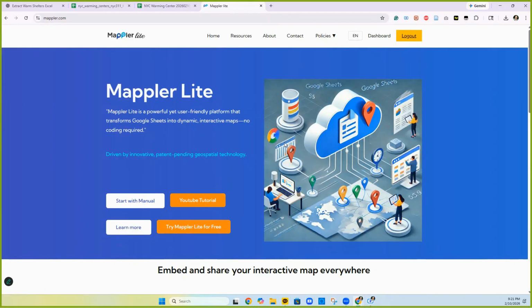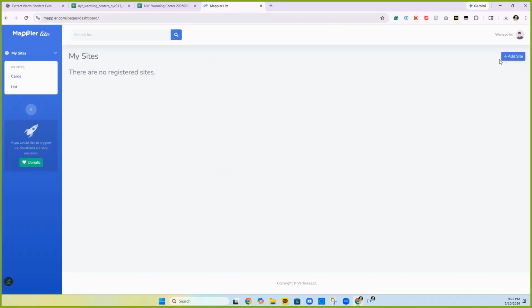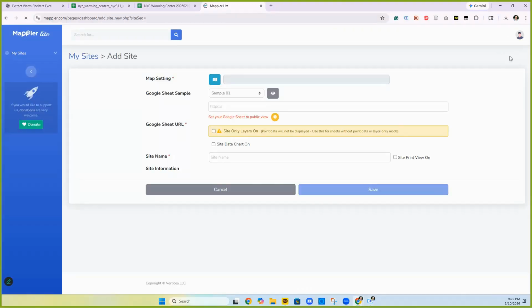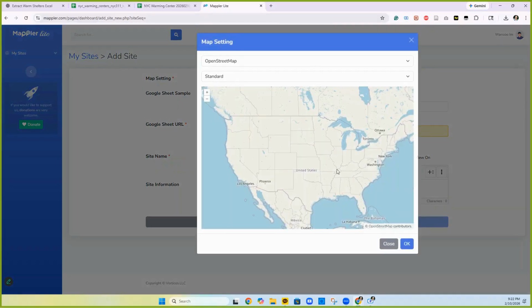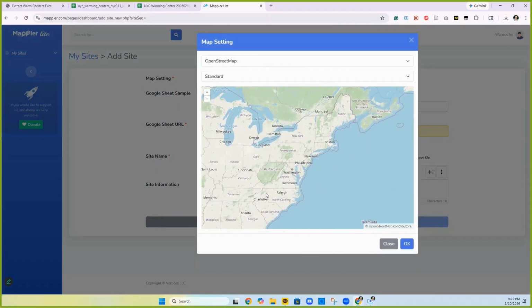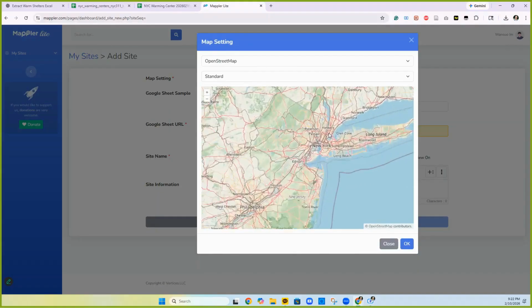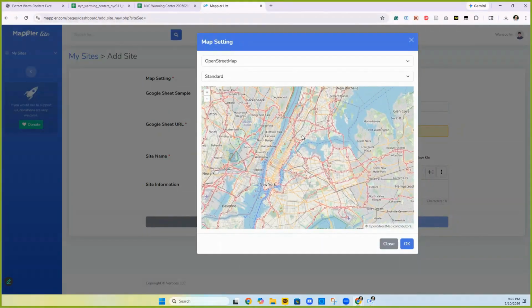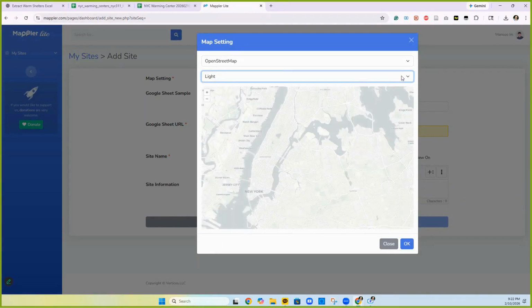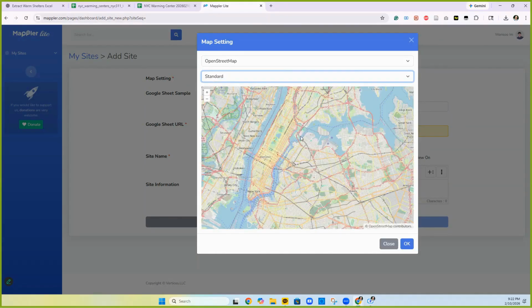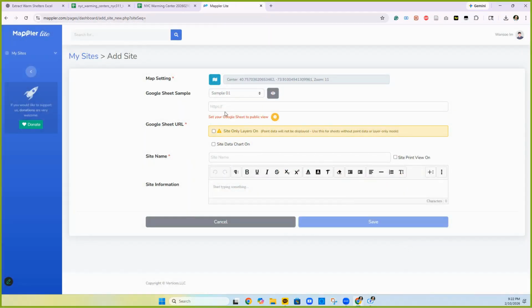So you have this site, right? And then you can click this dashboard. So you can do add site, put map setting. So go to New York, right? You have to define your map area. You can change the different type of the map, light and dark and all those, but I will use the standard. And then